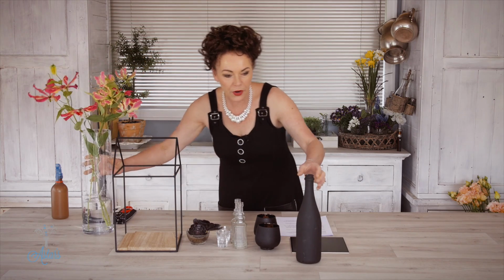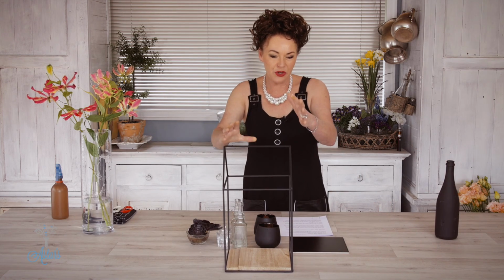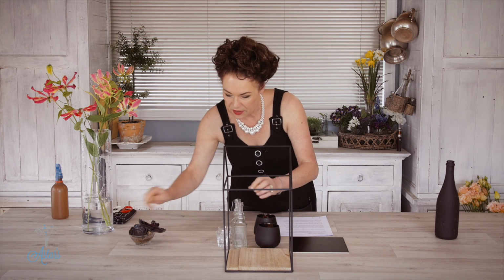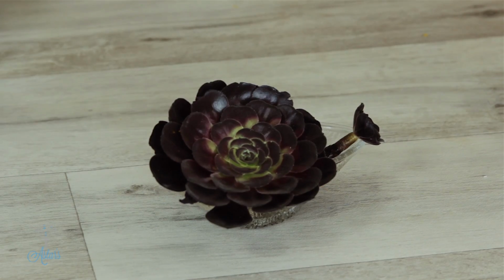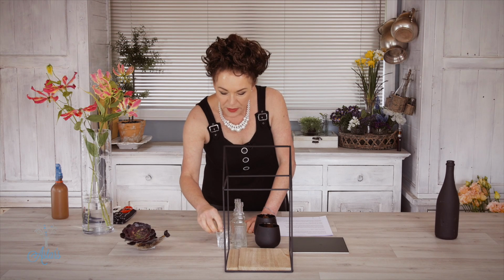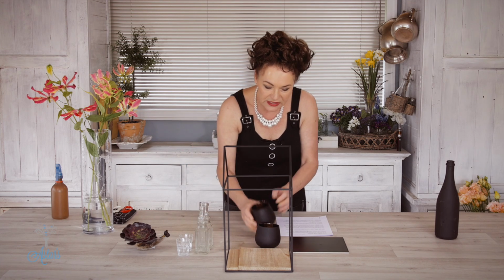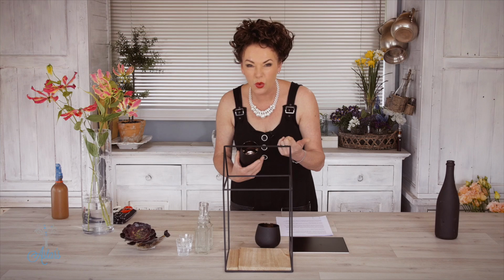Or what I have found here is this little container or little unit, which I use lots of the time. I call them little vignetted moments, or little moments held in time, like a terrarium, but you're in this lovely little cage. I've also got some black succulents. I love those succulents, and they last such a long time. I love them because they're a beautiful, interesting form, and they also look like a rose, and they're quite heavy and sturdy. I've got some little wee shot glasses here, any kind of shot glasses. I've got that sized little bottle, and I've got these lovely little black tea lights. What I love about these is the colour and the inside. I can get these in golds, bronze and silver, but I thought that they'd be a nice reflection with the